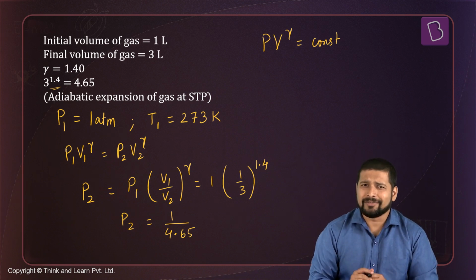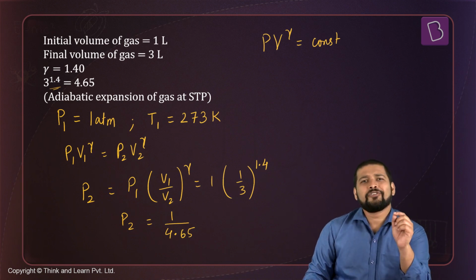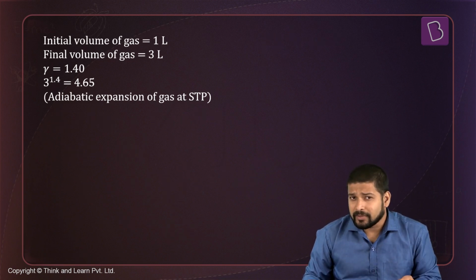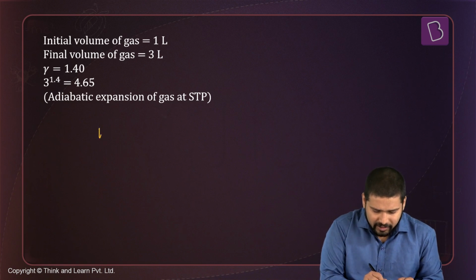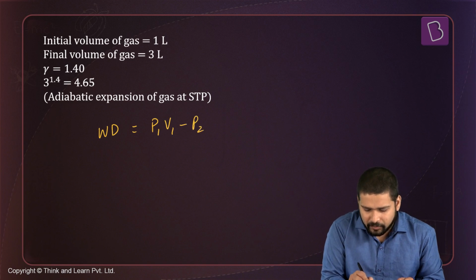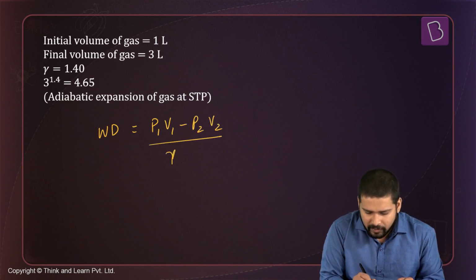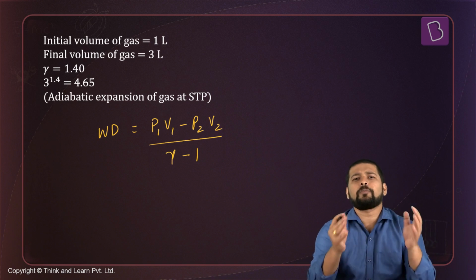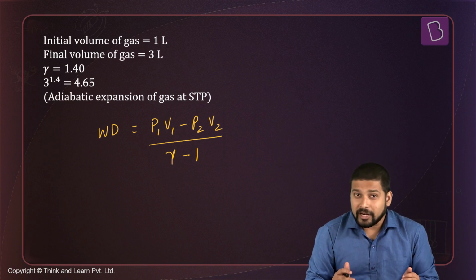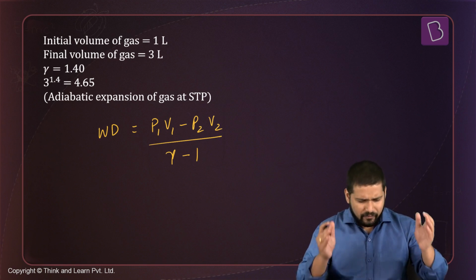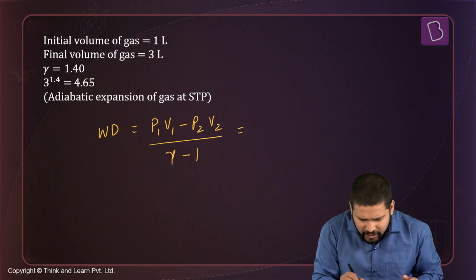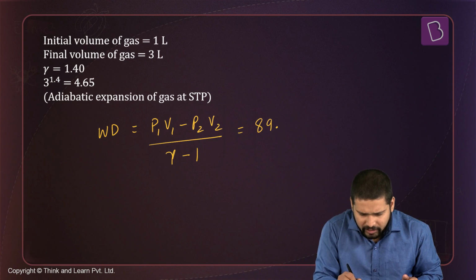Now once you have reached up to this point, you have to calculate the value of work done. And how will you calculate the value of work done? So for work done, you have this formula, that is P1 V1 minus P2 V2 divided by gamma minus 1. That's the work done for an adiabatic process. Let me just write it down. Work done for an adiabatic process is P1 V1 minus P2 V2 divided by gamma minus 1. And this was the sole purpose why we found out the value of P2. You have got all these values, P1 V1 P2 V2, and once you plug them in, you're going to get the final value as 89.87